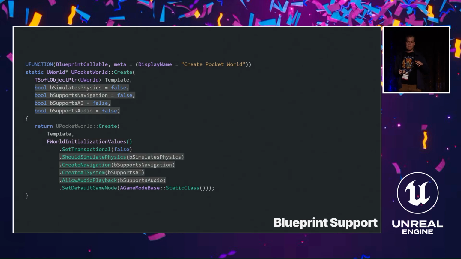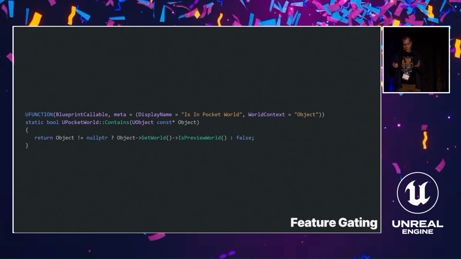I would say that there are many more settings on this struct that you can set if you really want fine-grained control, but these are the most important ones, like physics. And then we just set a default game mode, something that's not intrusive in case we don't actually want to play anything inside of this world. Finally, we